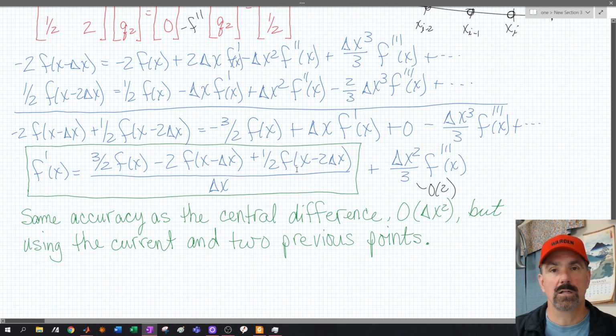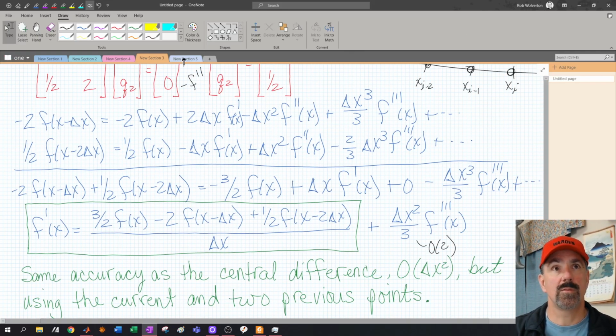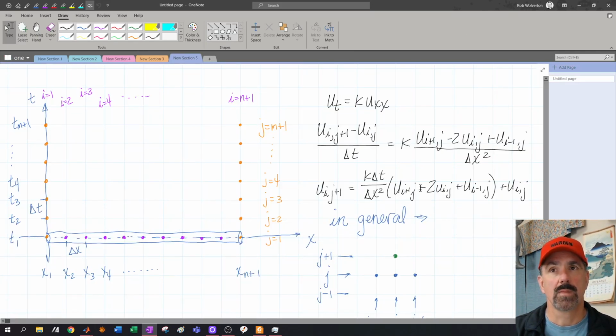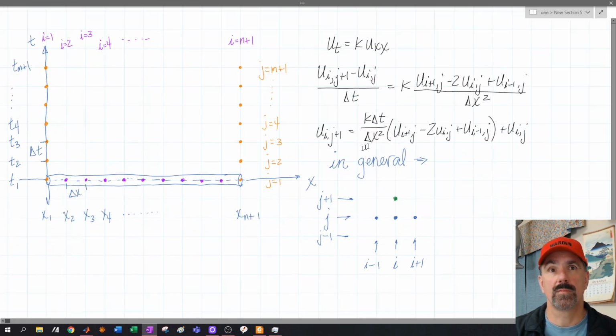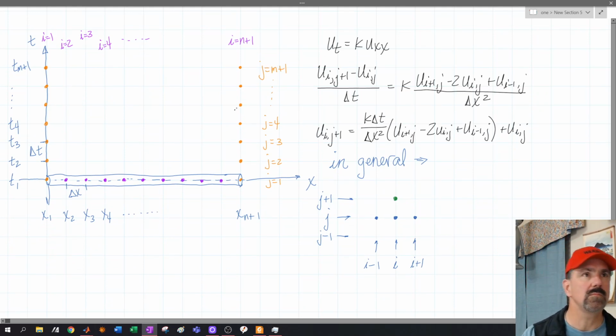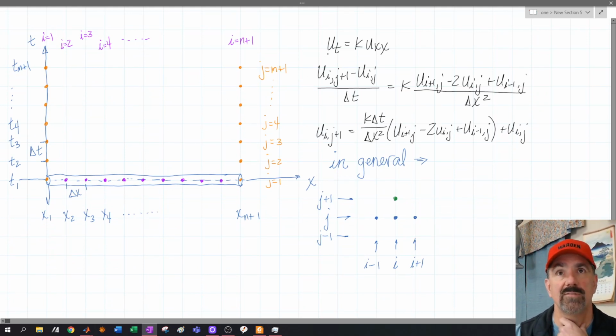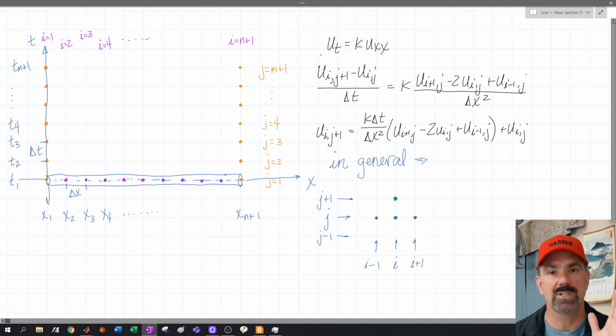All right, let's talk a little bit about programming. Here's what I recommend you do for the programming. I recommend you draw this picture and that you understand it. So what we are doing is we are trying to solve the heat equation. Now, you're not going to do the implementation that I just explained. I just wanted to explain to you how we use Taylor's theorem to come up with all of these approximations,